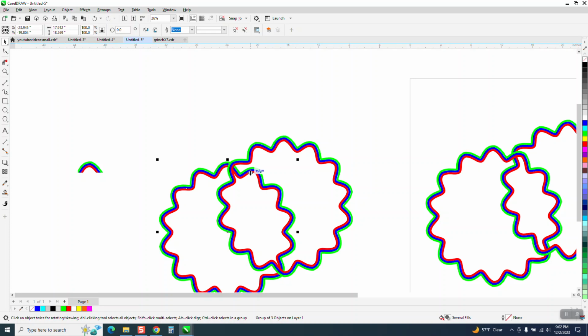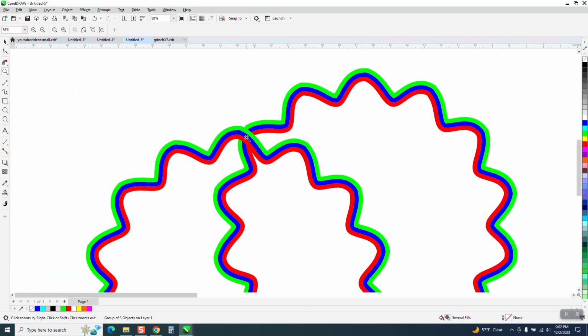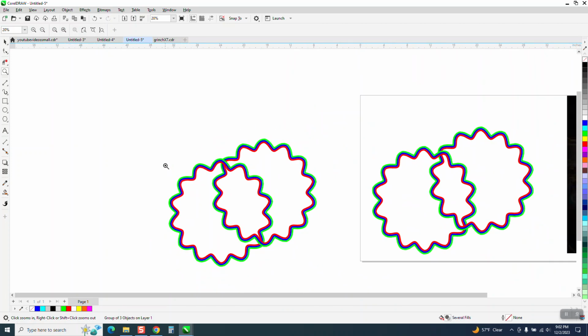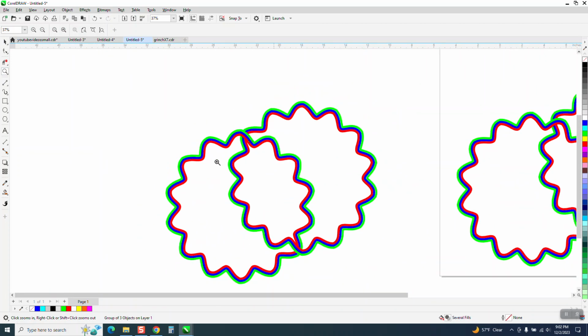So see now this one on the left is behind it. But if we nudge this back, it appears that one is on top and then it goes underneath. So contour was the problem. So whenever